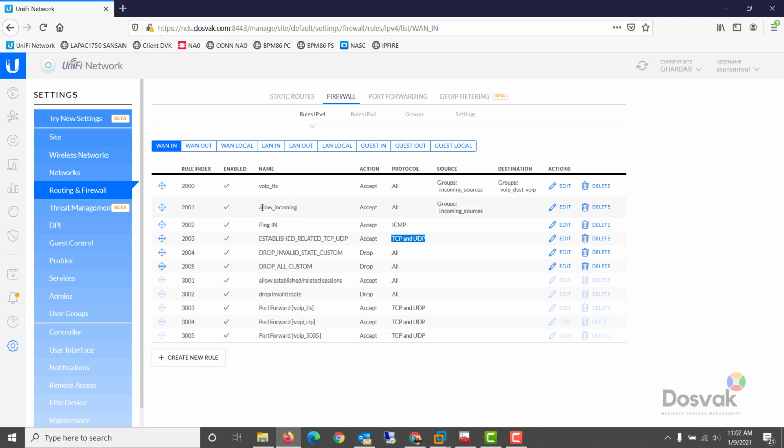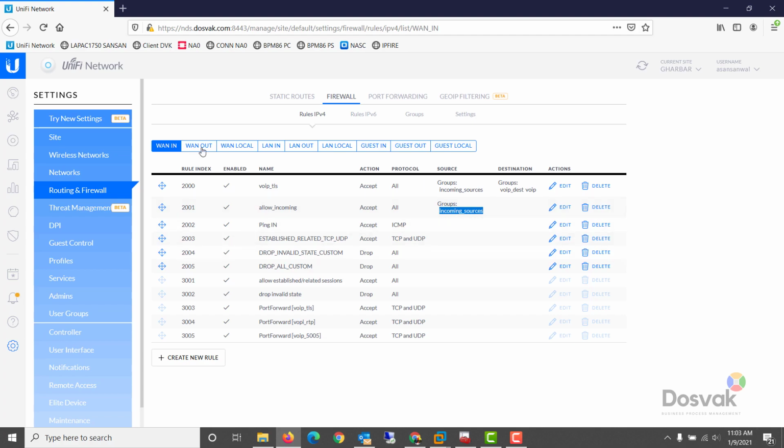You may want certain incoming connections from certain sources. For example, in my scenario, I have an incoming connection from my secure VoIP FreePBX server, and those connections I'm allowing in. Similar goes for this one also. Beside this, nothing else is generally needed in the WAN in section. If you run a scan of your external WAN IP, you will see that it's totally stealth, because the allowed incoming connections are from certain IPs only, and all other IPs will not be able to come in from the WAN side of the network.